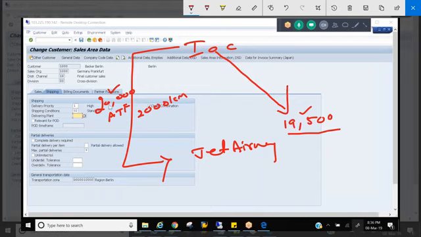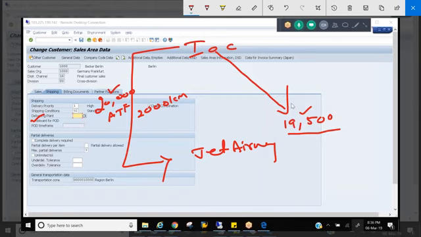Right. So that means if this customer is relevant for proof of delivery, that means once after delivery, he should send you a proof of delivery, then activate it as relevant for proof of delivery. Let's say it's been more than a month and the customer has not sent any proof of delivery. Because see, until you receive a proof of delivery from the customer, you cannot bill the customer.